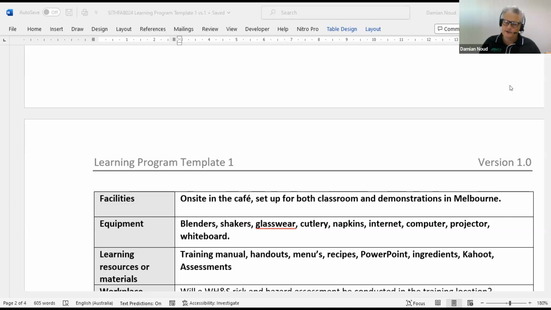Someone asked a very good question in the chat, and the question was, is it necessary to provide the quantity of equipment or resources needed? And the answer I gave was no, it's not necessary. It's your choice, but often it's a good idea. So for example, let's say we decided we were going to make some fancy non-alcoholic beverages with those little umbrellas in it. You know, those little umbrellas you put in cocktails? And we were going to get our students to maybe practice that, making some